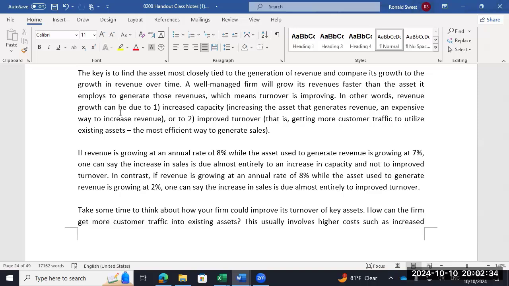So that's what we're looking at. In this part of the paper, you really want to make it clear how much of the growth is coming from added capacity and how much is coming from improved turnover. Now, the question isn't which is higher. You're just trying to ask what effort they're making. So a good example was